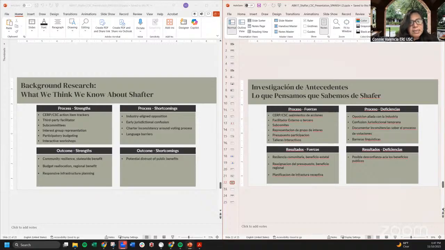From our understanding, some of the process strengths include the SERP action item trackers that were developed, the third-party facilitators, the subcommittees, interest group representation, participatory budgeting and interactive workshops. The outcome strengths include community resilience, statewide benefit, budget reallocation, regional benefit,